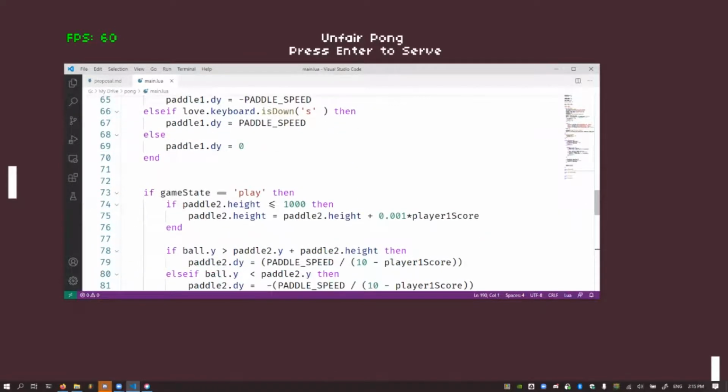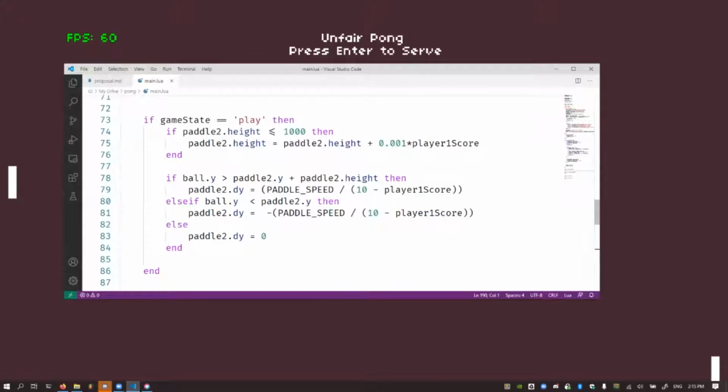What I did to make it grow is that if the right paddle was below a certain height and we were currently in the play mode, then all we did was increase the height by 0.01 times the player score. So the more the player scores, the faster it will go to that maximum height.